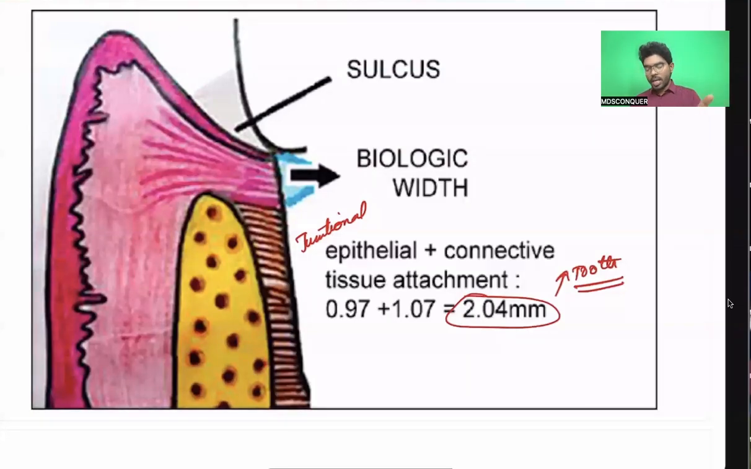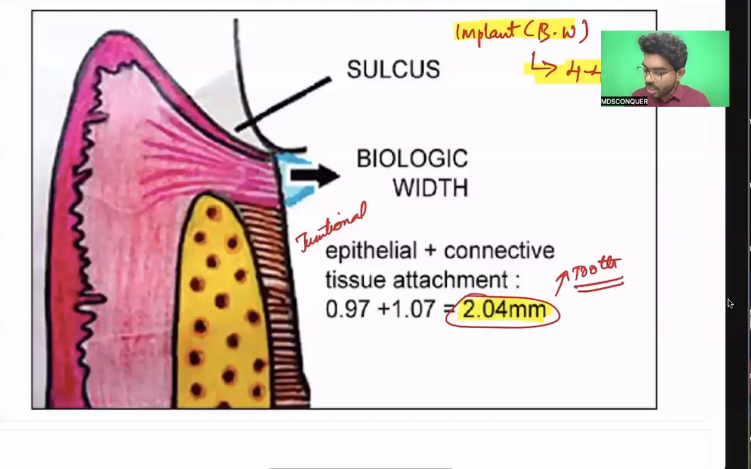Similarly, I want to ask you a few questions. Can you tell me what is the biological width or normal range of probing depth around the implant? Teeth is 2.04. So I'm asking implant biological width. Yes, implant biological width, the answer is 4 to 4.5 millimeters. Same question was given in NEET 2023 also. So biological width around the implant is 4 to 4.5 millimeters, whereas biological width around the natural dentition is 2.04